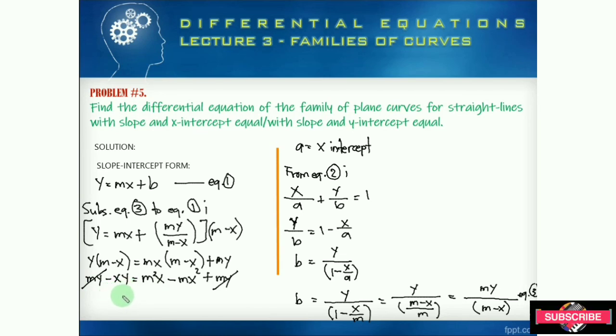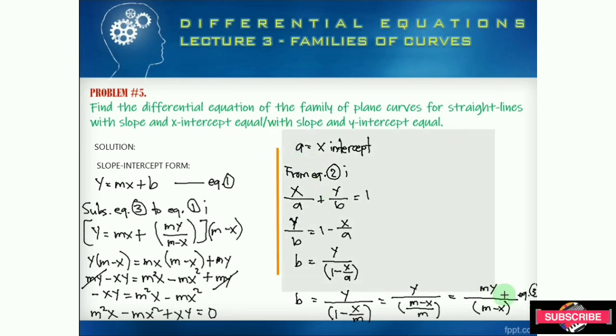So what remains is this one: negative xy equal now to m squared x minus mx squared. Okay, so transposing this one to the other side, we will have now m squared x minus m x squared plus xy, which is equal now to 0. Okay,